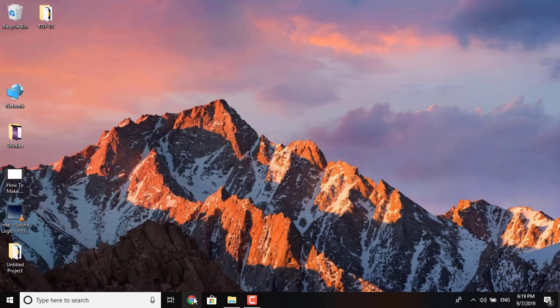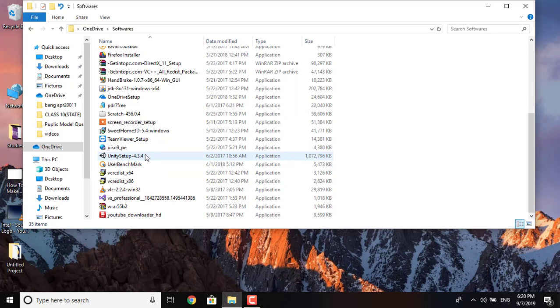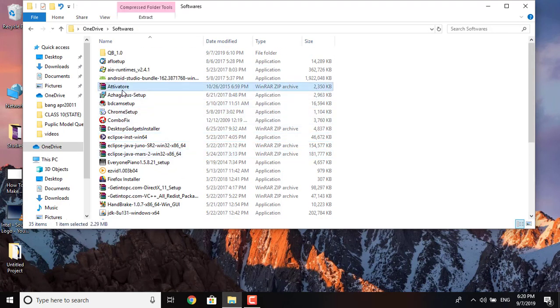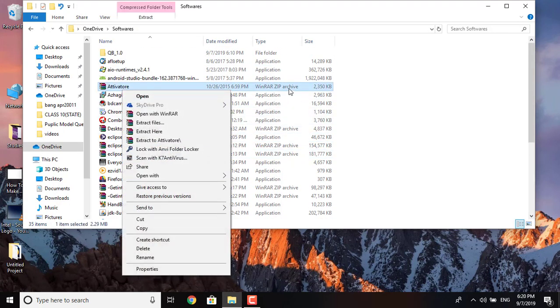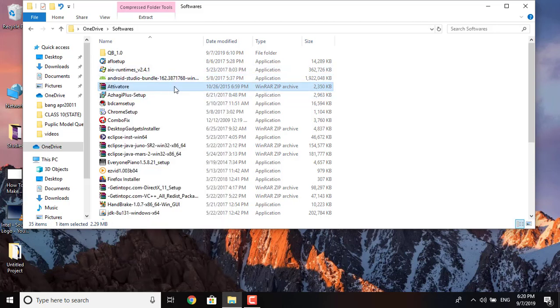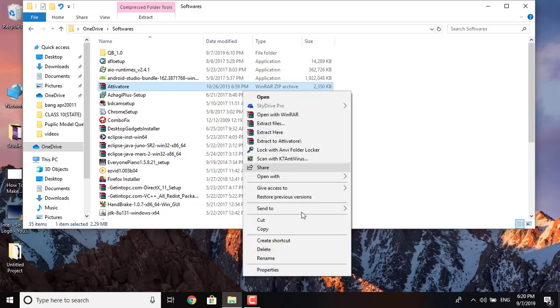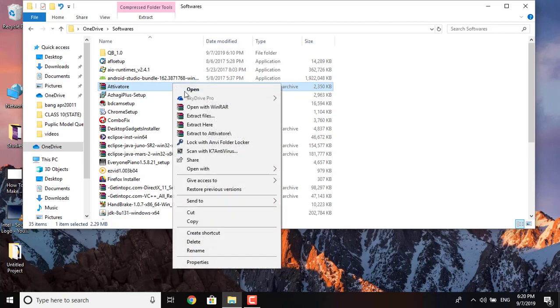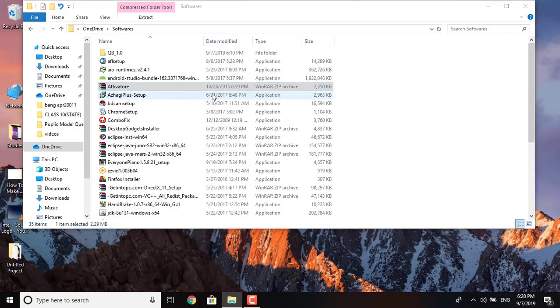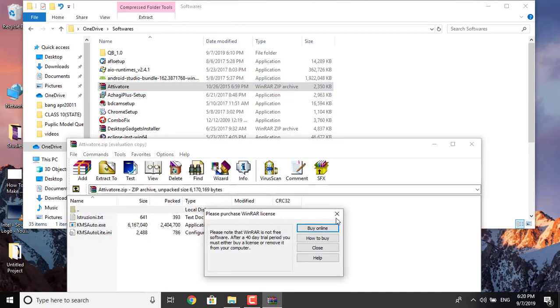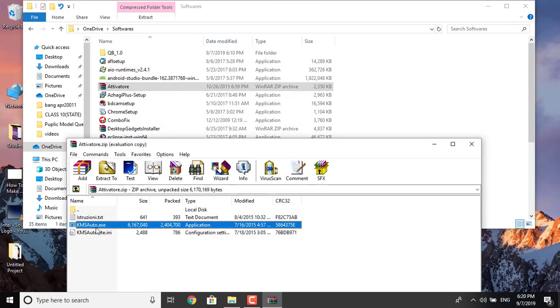Then just open the software, that is the activator. This is a zip file, and you want to extract it to view this format. I have provided the link to download this application in my description box, so you can check that out. Open it, and you can see a kmsauto.exe here. Just open it,